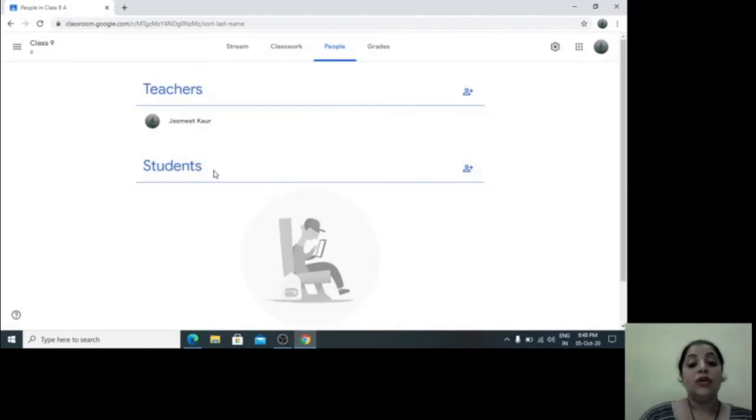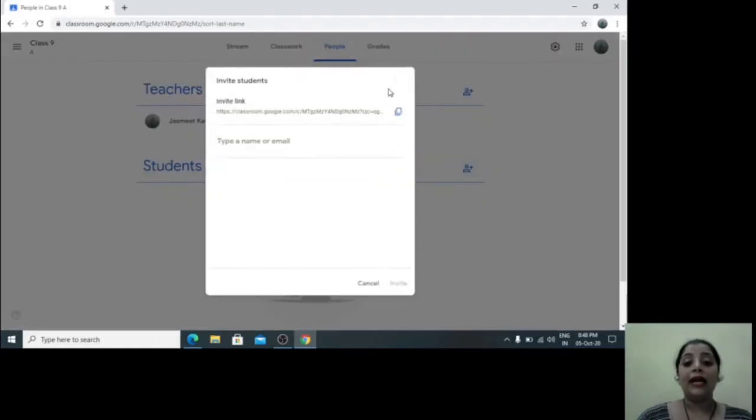To send the invites to the students, we are going to follow the same step, by clicking on the plus sign in front of the students option. It will open a new window where the invite link is already written over here. In the second box, I need to write the email ID or the name of the student if it is already added into my Gmail account.